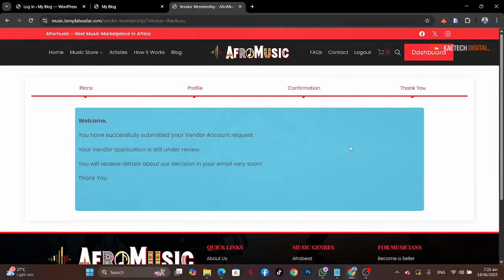and it's going to take me to the thank you page, and it says you have successfully submitted your vendor account request. Your vendor application is still under review. You will receive details about our decision in your email very soon. So the admin will have to approve it. Okay, so it is up to the admin to approve this